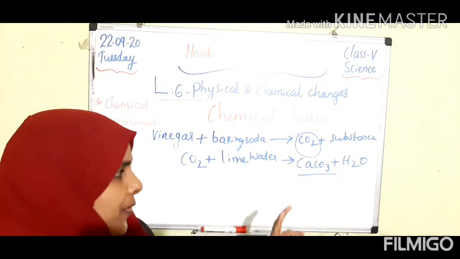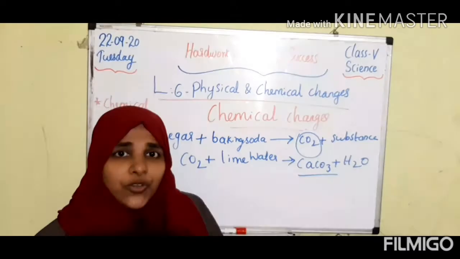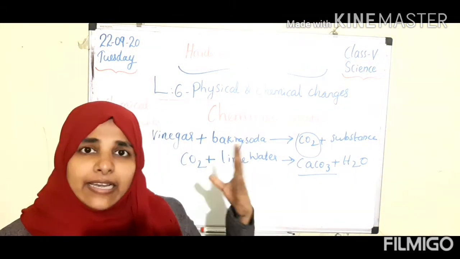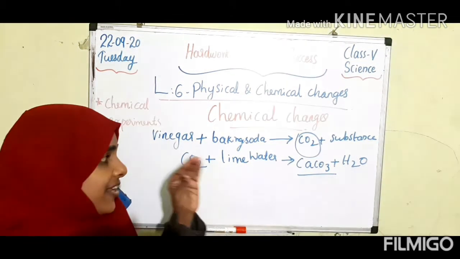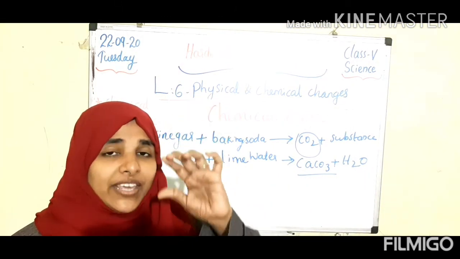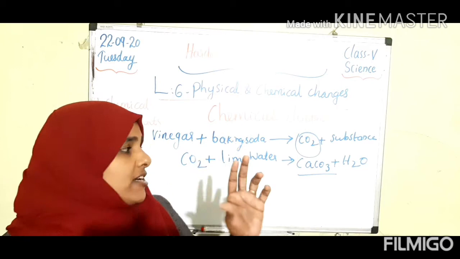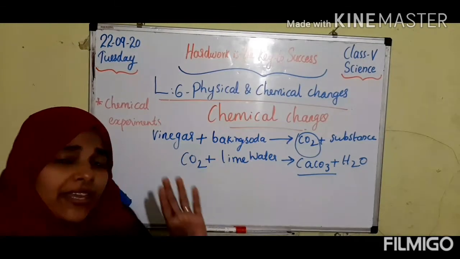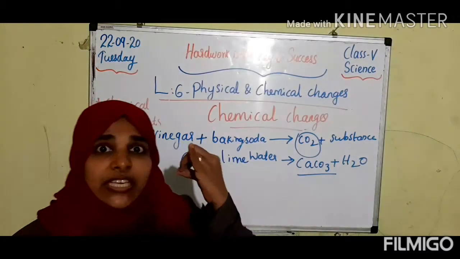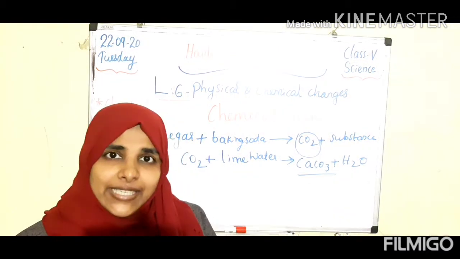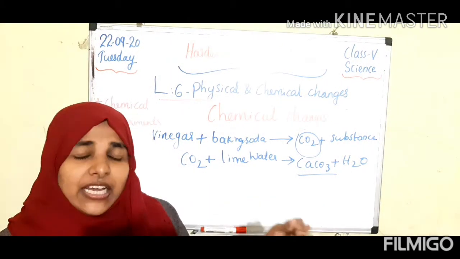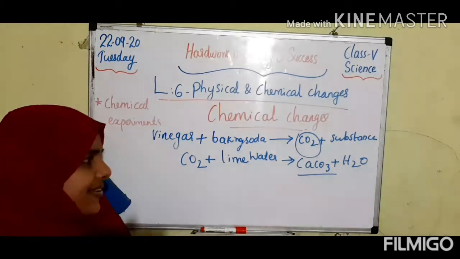Carbon dioxide. Okay, so in a chemical reaction, new substances are formed, like carbon dioxide and calcium carbonate. These substances are formed, and we can hear a hissing sound, right? Like when bubbles are formed, we can hear that hissing sound. So in a chemical reaction, maybe some sounds are produced, or we can see different colors of light, and we can feel a different smell. All these things will happen in a chemical reaction.